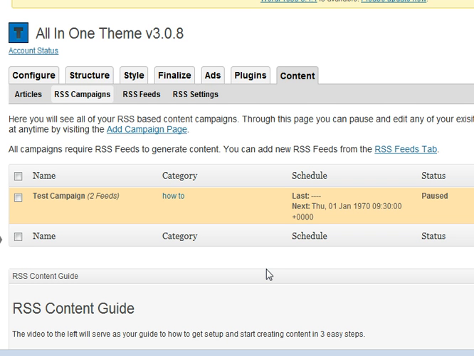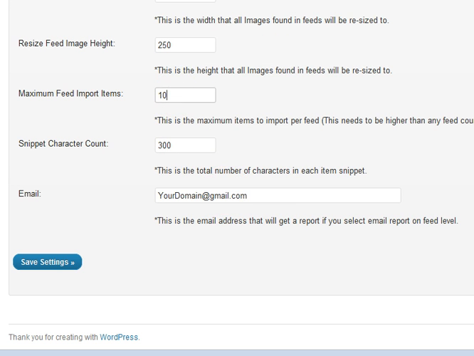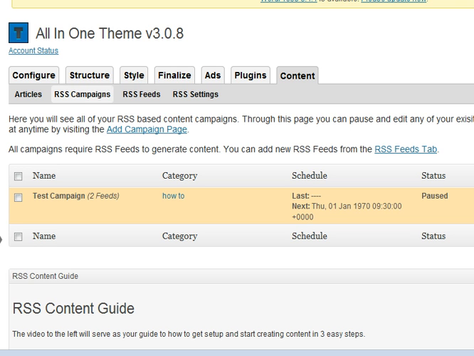What it'll do is it'll take all 20 of those articles, put them in a big bucket, mix it all up, and say, okay, randomly select 10 or 7 or 5 or whatever number that you said on the settings tab. Do you remember that on the settings tab right here where we said maximum feed? So whatever you said, it'll just reach into the 20 and pick out 10, and then it'll randomize the 10, and then it'll create you one blog post with those little excerpts of those 10 bits of content